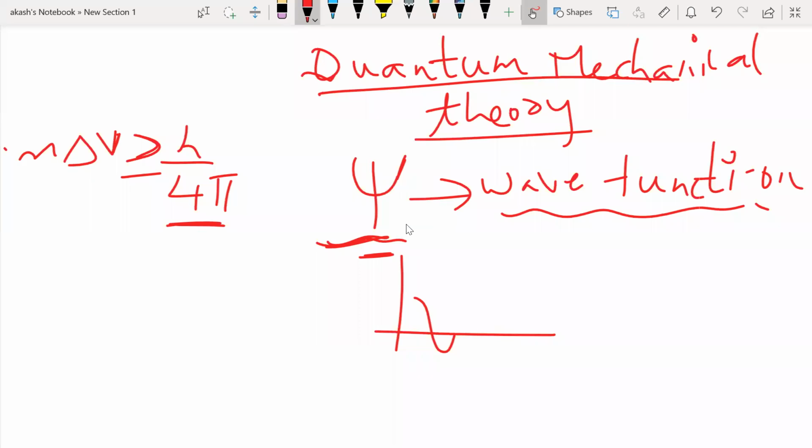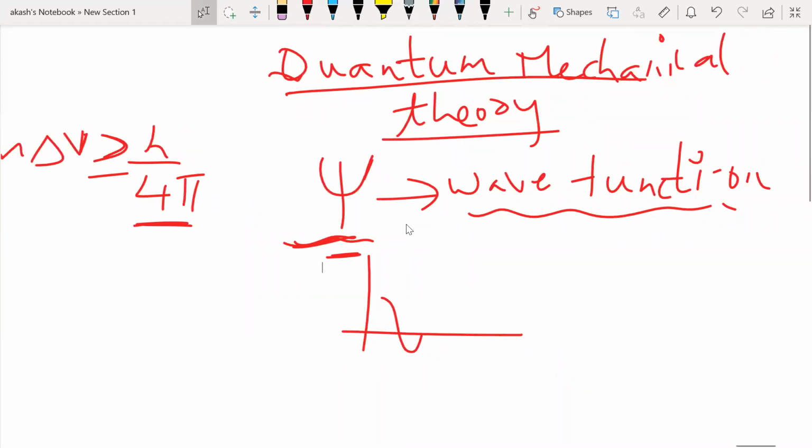But only with this psi we'll not be able to do anything, because it doesn't have any physical meaning. Remember that this quantum mechanical model is a probabilistic theory, in the sense that it goes hand in hand with Heisenberg's uncertainty principle. It is not going to tell you for sure that you'll find the electron here. It might just tell you there is an 80% chance that the electron might be here, or a 70% chance that it might be here. That is the main reason we are still following it, since it is probabilistic.